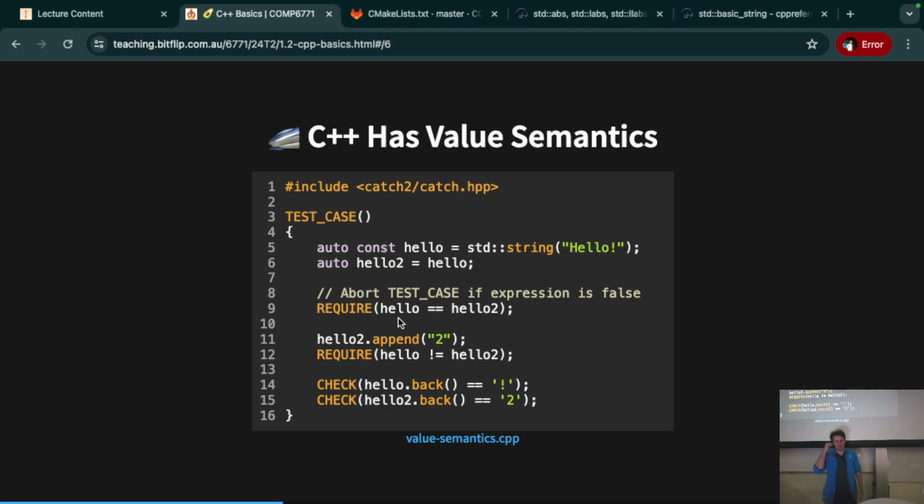OK, value semantics. I referred to this. When you say hello is this string, and then you say hello2 is this string, these are two totally different variables in different parts of memory, different parts of, I don't really want to say the stack because maybe it mallocs something under the scene. You get the idea. Different parts of memory. When you compare them,